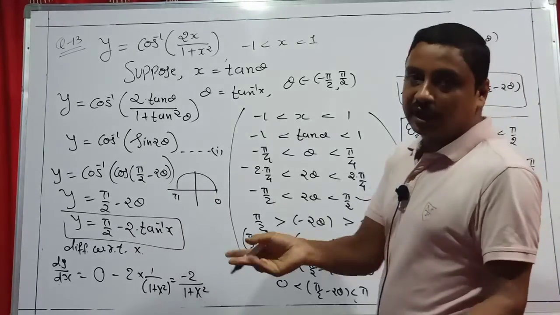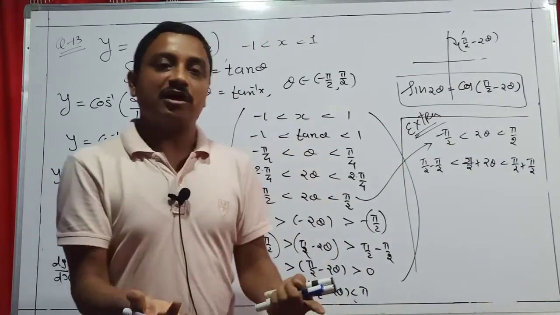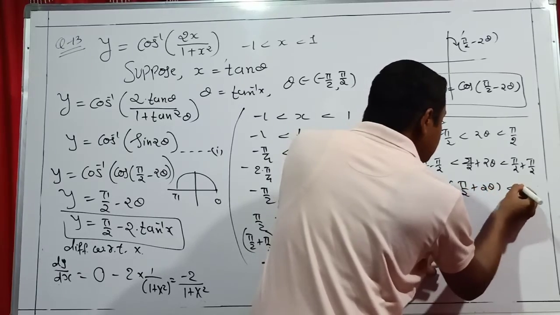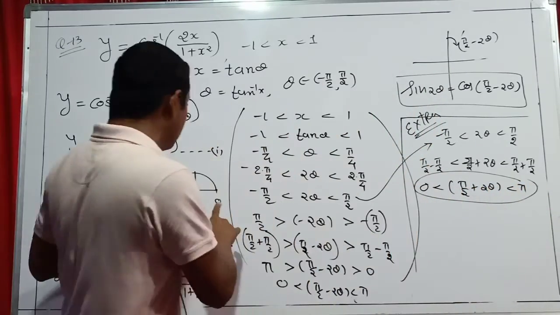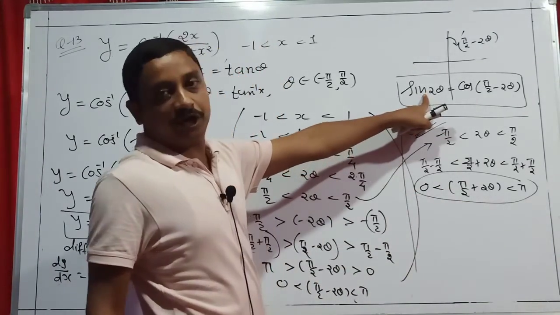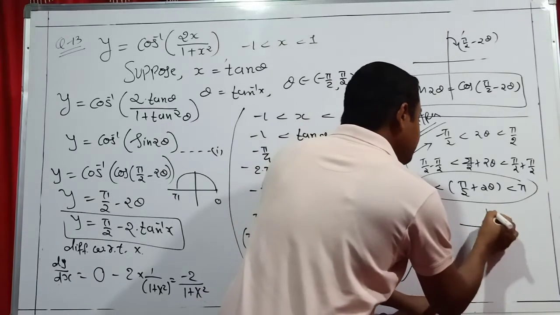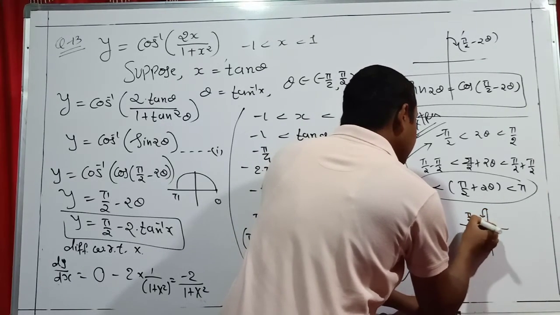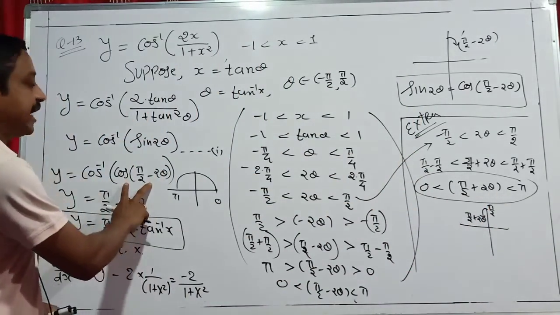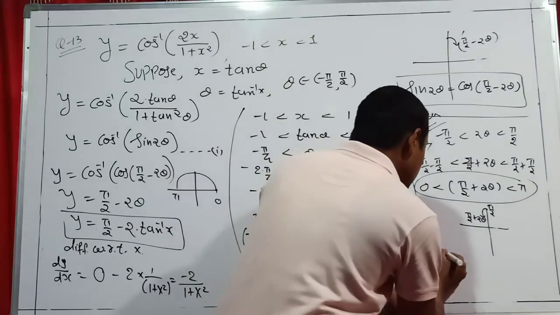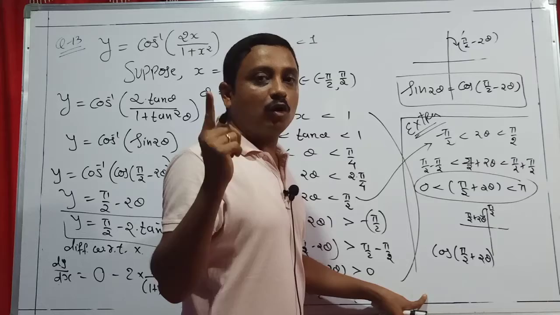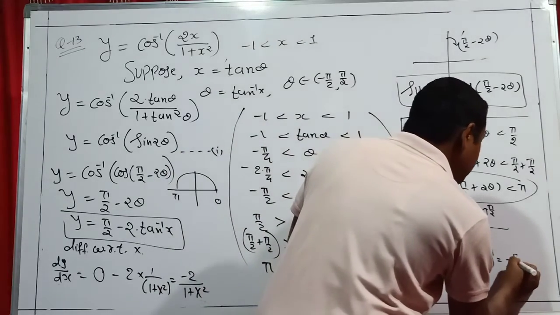I am sure you can see the difference. Just compare: here 0 and here pi. Yes, the range is coming 0 to pi. But this function is not showing sine 2 theta. Check: pi by 2 plus 2 theta is here. Which quadrant? Yes, second quadrant. And we cannot write cos of 90 minus 2 theta here. Check: here it is cos of 90 plus 2 theta. Which quadrant? Second quadrant, cos function negative. It is minus sine 2 theta.